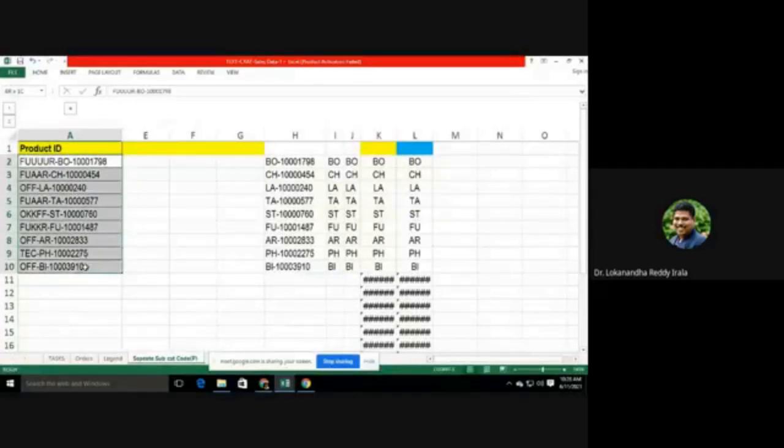So now from this, how do you separate the subcategory code? What is the difference between this product ID and the previous product IDs that we have seen?